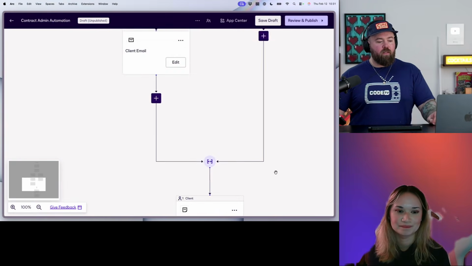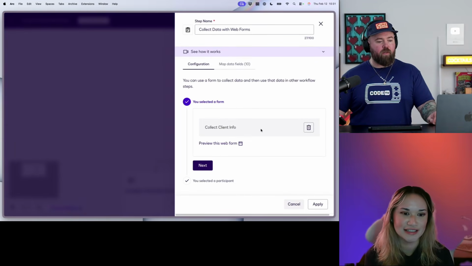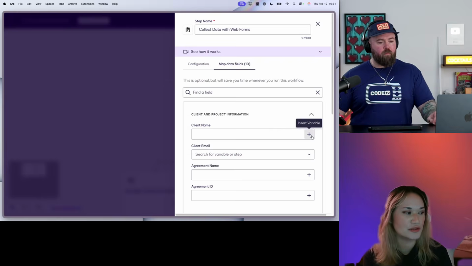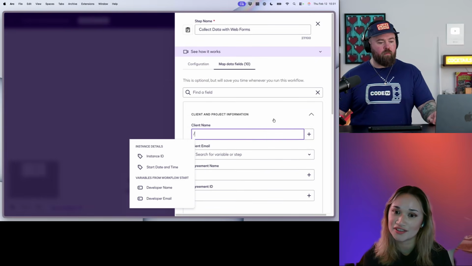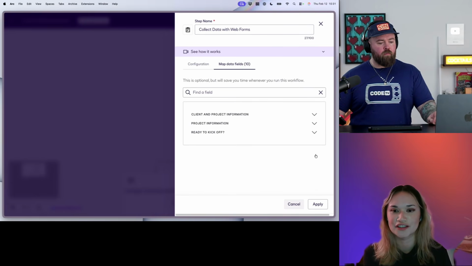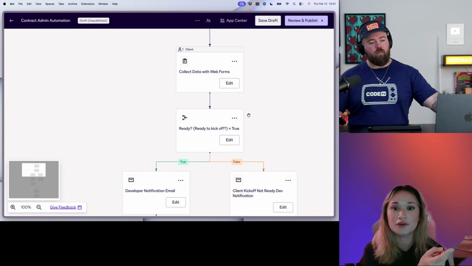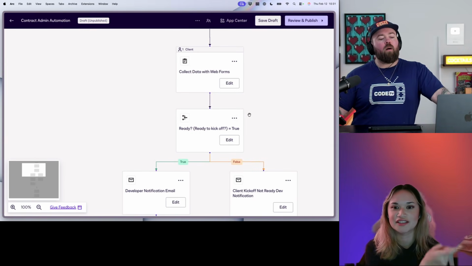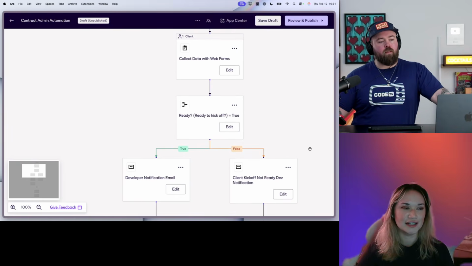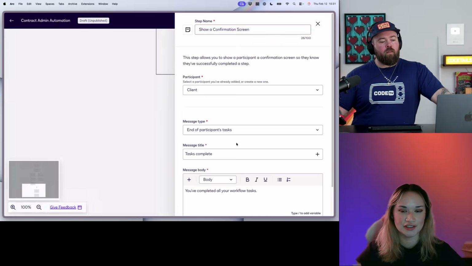Okay. Exactly. Yeah. So then, how do we get that? Yes, good question. I was wrong. You actually don't need to map the data fields. It will take care of that for you in those later steps, because you need to collect the variables first. So the map data fields is specific to if you want to pre-fill things, right? So let's say you have an e-sign field. You can just pop that in. So for example, they sign, they fill out the agreement, then it's filled in the web form for them.